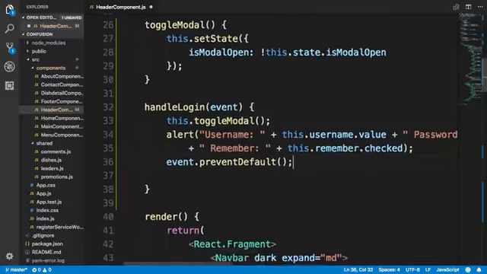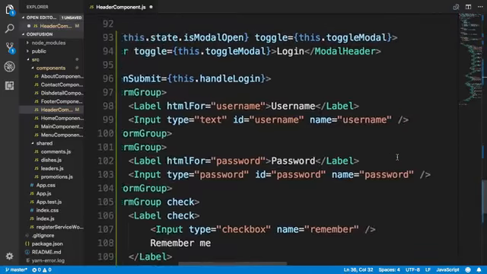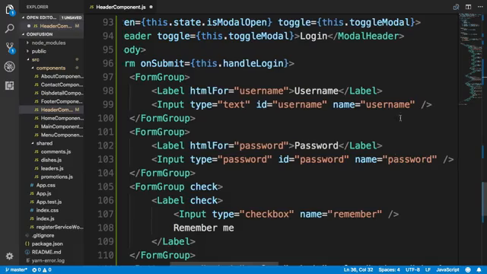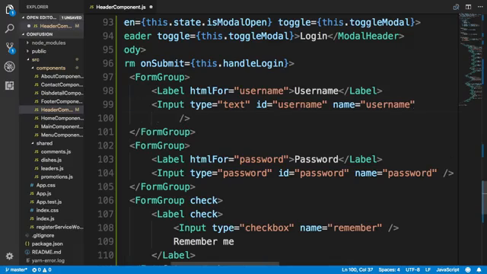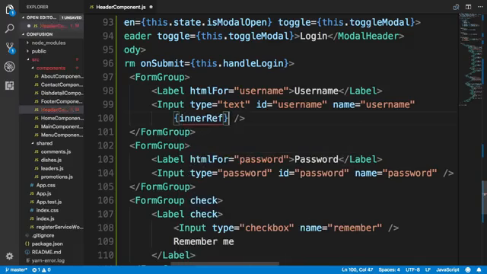Now, how do we retrieve the values from the form there? To do that, we need to get the ref to the form, references to the form. So going into the form, for each of the inputs, since we are using this inside Reactstrap, and Reactstrap already uses ref for something else, in a Reactstrap component's input we should use innerRef instead of ref here. So we'll say innerRef equal to